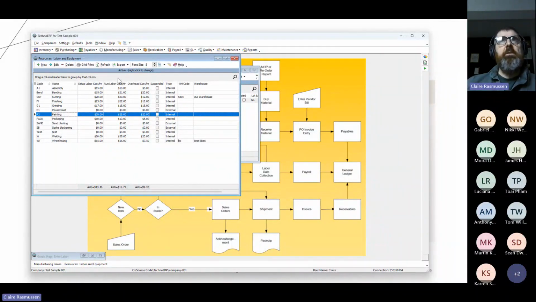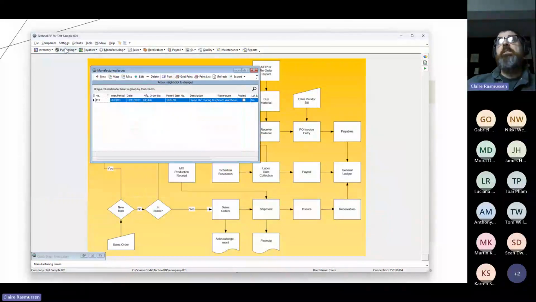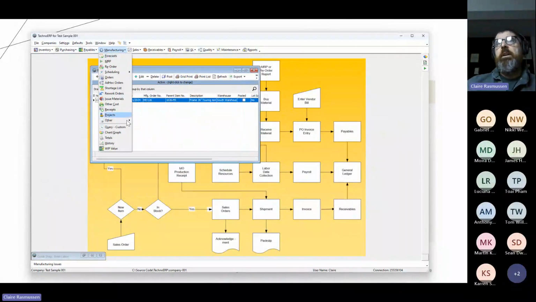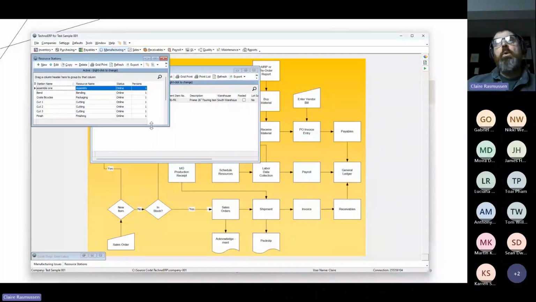And this is a big deal if you get into a variance or a large discrepancy in how much different people get paid in the different areas of the shop. So you're going to want to have those set up. That's the building block that we usually have you set up before we even set up the manufactured item. Now, stations underneath there, that's not required before you set up the item,